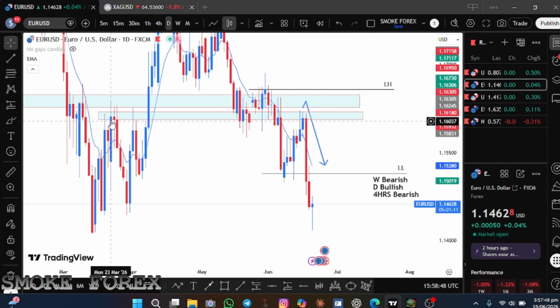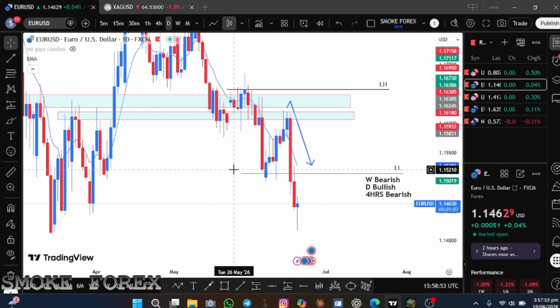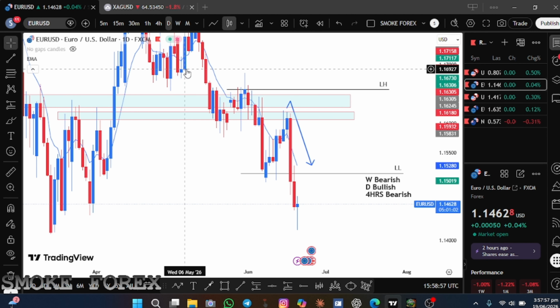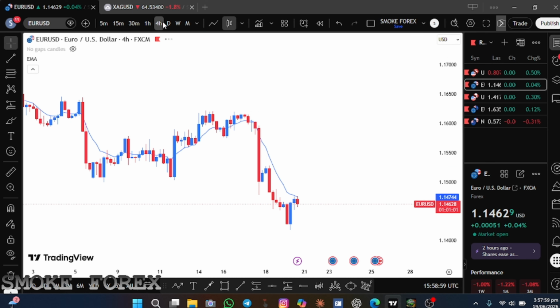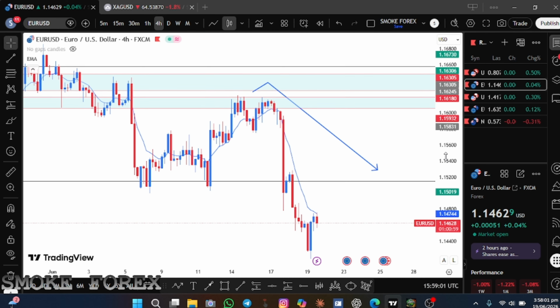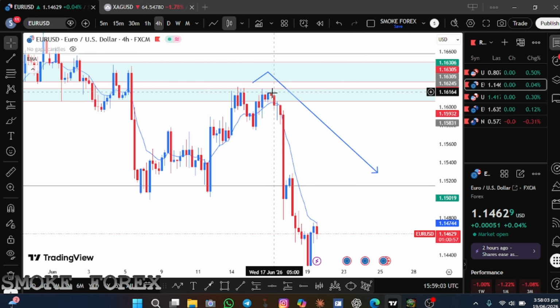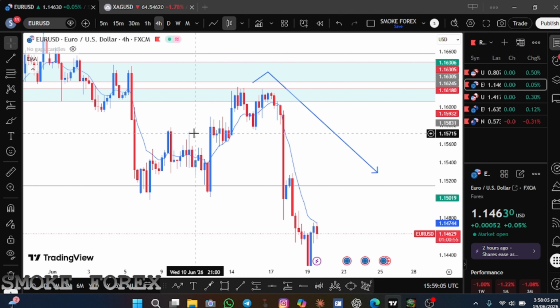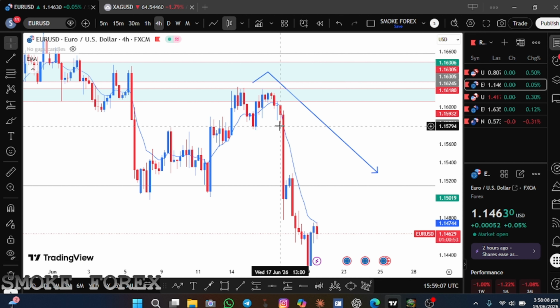Then I saw that there was an area over here which price has rejected before. So this means price might be reversing over here. You can see clearly when price was about to reverse, it did the double top and bottom. It didn't retest the neckline, it just sold off. But I should have gone to the lower time frame, yes, because of the news